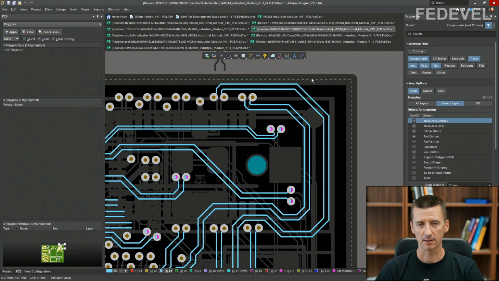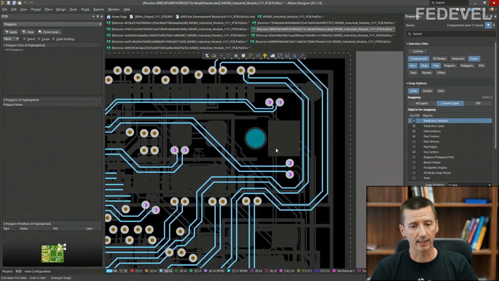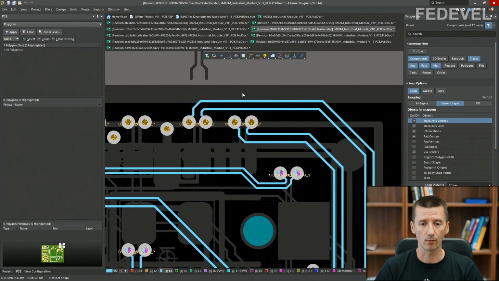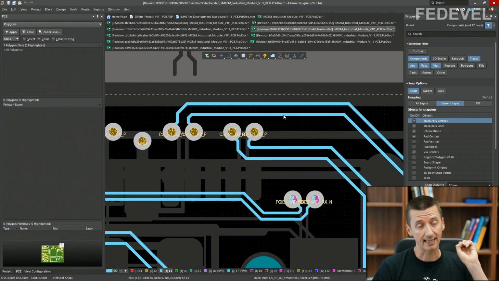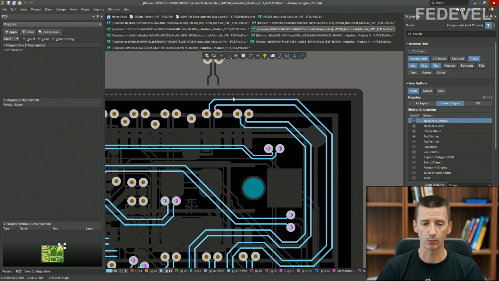One of the reasons is that the environment close to this edge is changing. The environment where signals are traveling is changing. Also, when you route very close to holes, the environment around these holes is also a little bit different. So be very careful: when the environment where signals are traveling changes, it will influence the signal. Okay? So we don't want to route close to the edges because it may influence signals running through these tracks.